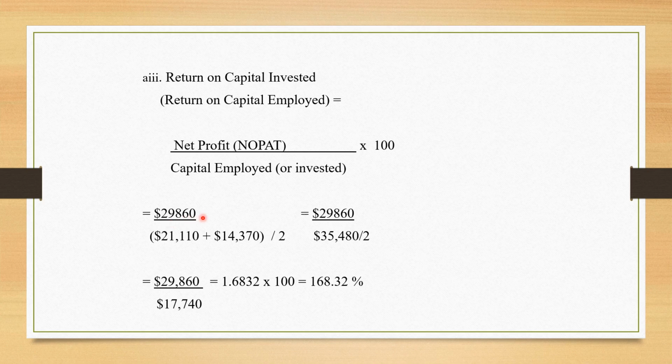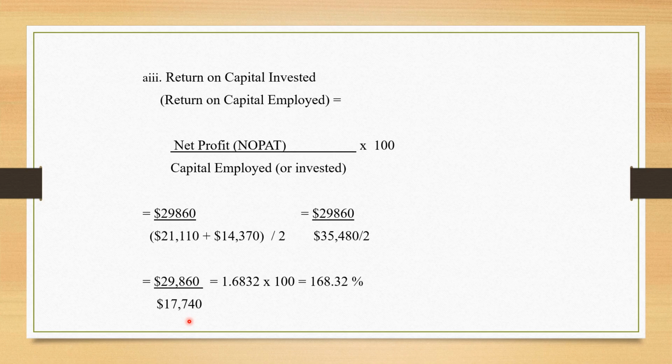So the total for the net profit in this question was $29,860. The opening capital was $21,110, and we add that to the closing capital of $14,370. We divide it by 2 because we need an average for the capital figure. The total here would be $35,480, and we divide it by 2 to get the answer of